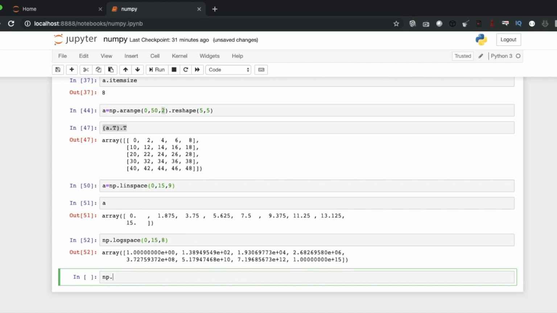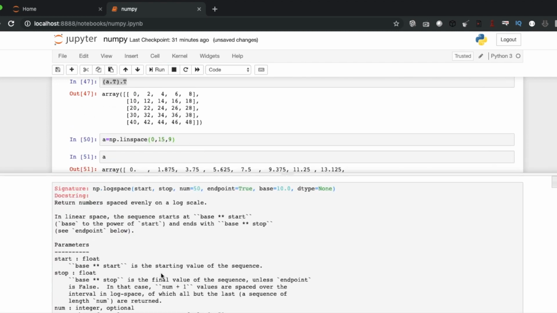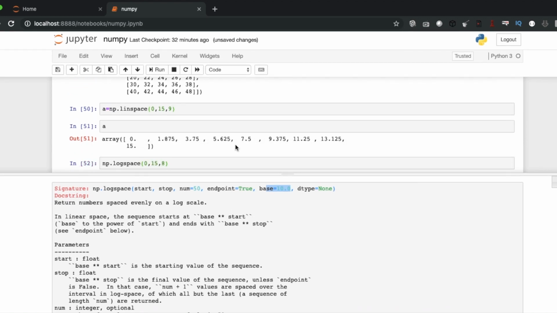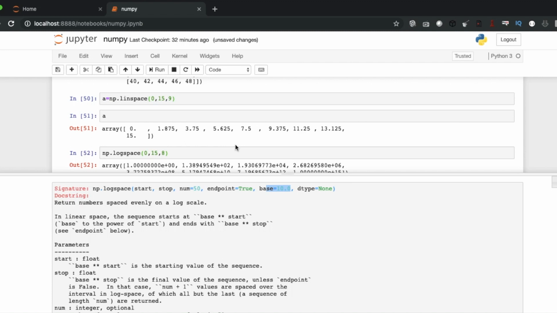So if you don't know something, the best friend is the documentation. It will tell you: linear space sequence, start from base to the power start, and stop will be the endpoint. Start, stop, endpoint true, base 10, and dtype. By default the base will be 10. So this will be our starting, this will be our end, and it will be divided by this one.